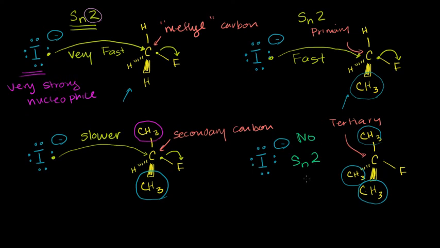And you're not going to have an SN2 here. Actually, if your solution is right, you might have an SN1 reaction here, and we'll talk about that later. But you have no SN2 here, because the nucleophile cannot get to the carbon. It's blocked by these, I guess we could say, these methyl groups. Now, the term for this blocking of the point that the thing needs to attack or give its electron or move into is called steric